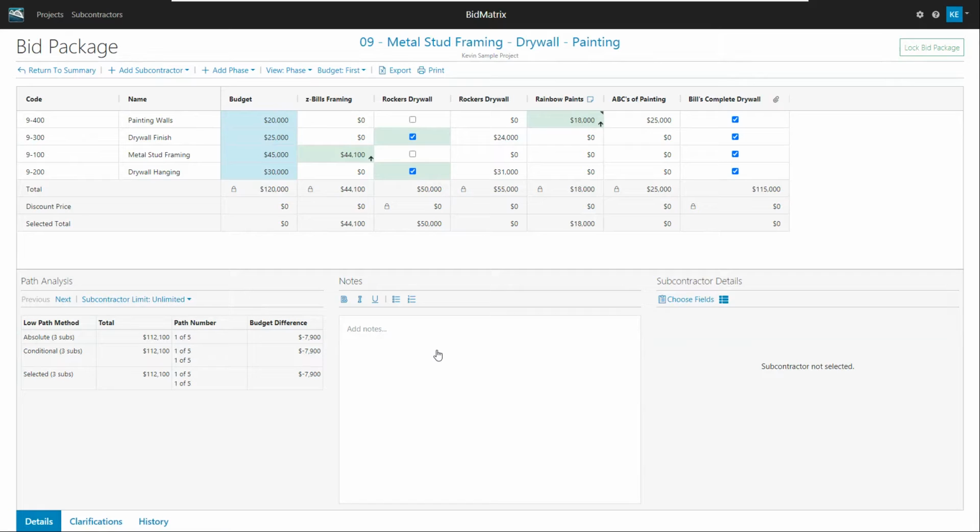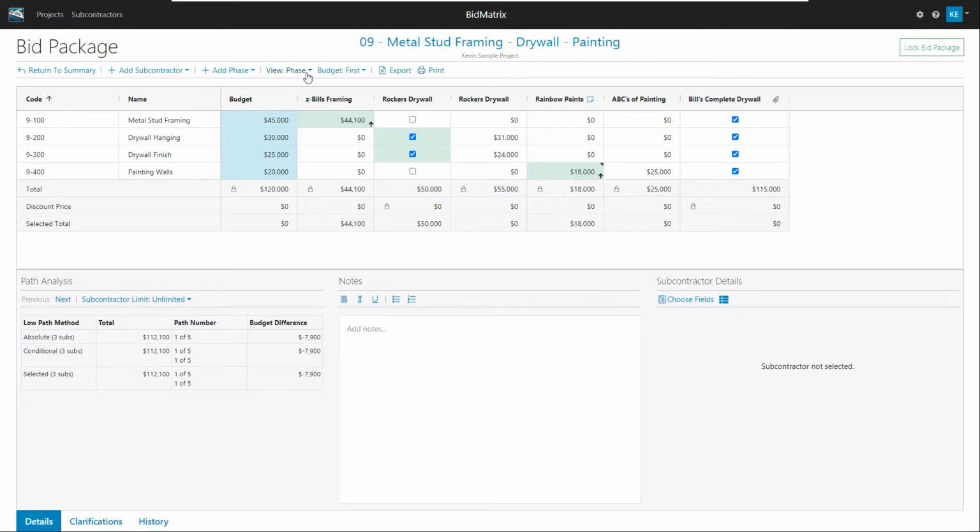In this session, we're going to take a look at how to change some of the view around a little bit on the screen. As you notice right now, I've got mine showing my phases going down the left-hand side and my subcontractors going across the top. Up on the toolbar, we talked about returning to summary, which takes me back to my summary page, and we've used the add subs and we've added a phase, if I wanted to add any more phases here, but we haven't looked at the view and the budget tier.